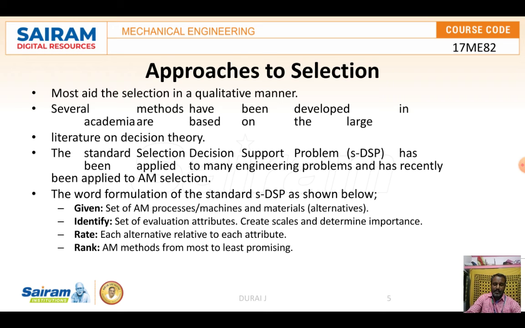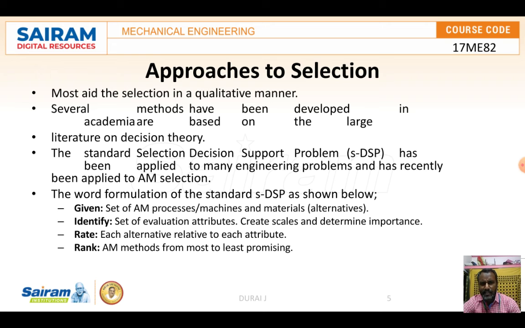An extension of utility theory has recently been accomplished, where the evaluation attributes are to be specified. Okay, so these are the things. Most of the AM selection is in a qualitative manner.